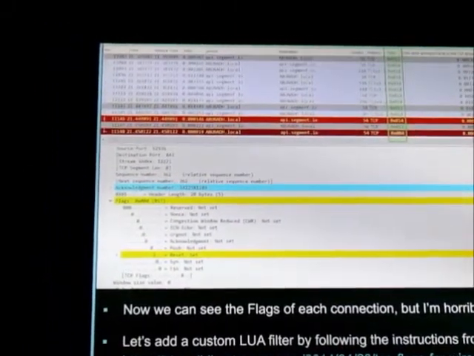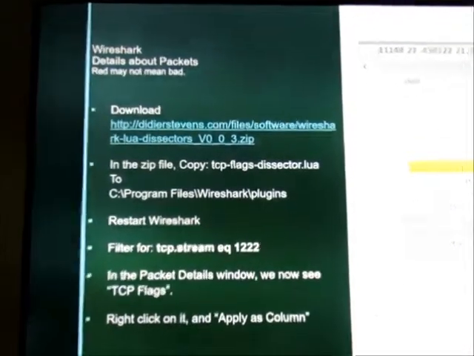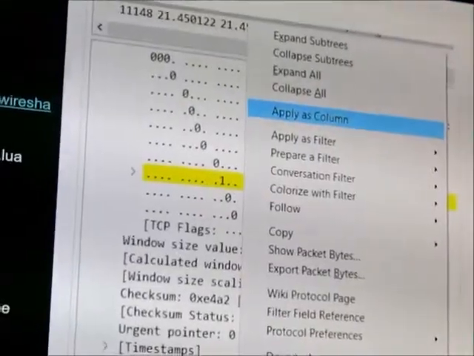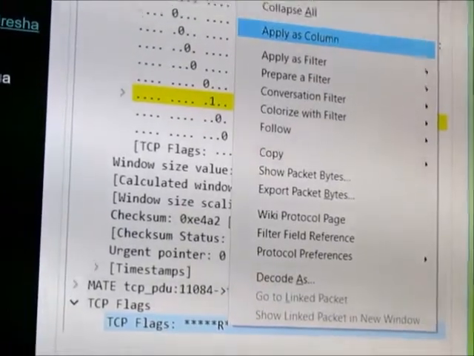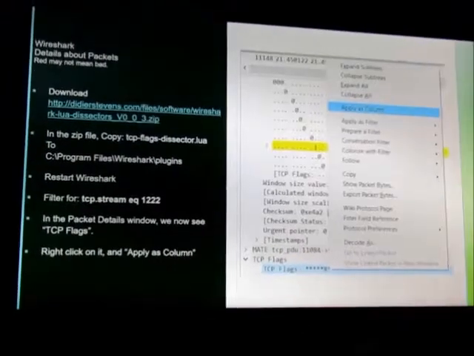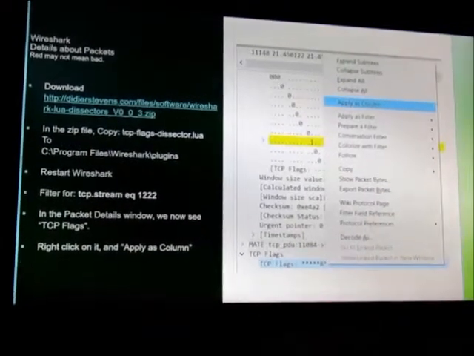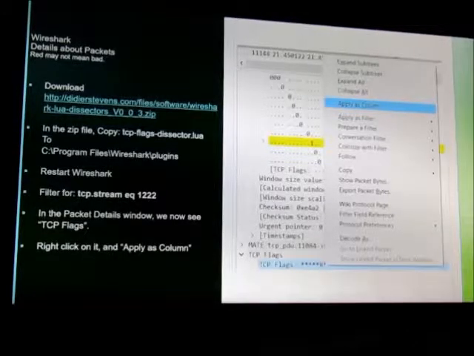So it actually will convert that ugly hex value to something that's human readable. So using this awesome dissector, you can just copy it over to your Wireshark plugins folder. And it's just a text file too. If you wanted to modify this to be something different, you could. And you can restart Wireshark, go to that stream you had open, and now your TCP flags will be human